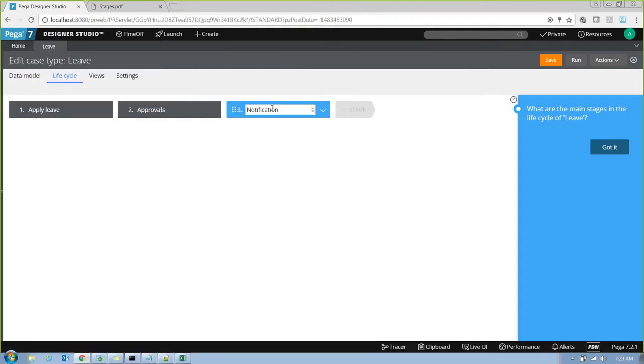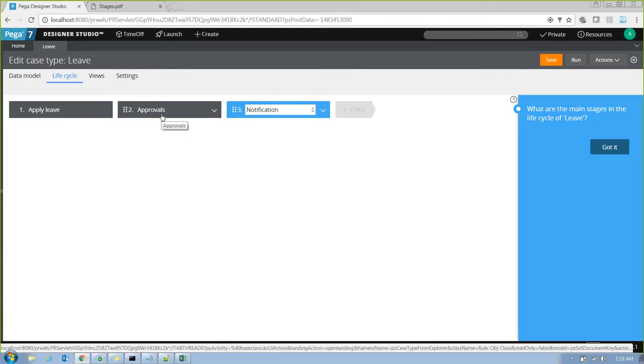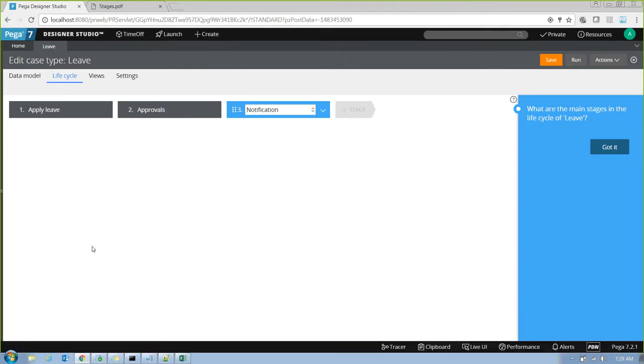Let's assume that there's a different path sometimes. If the approval is successful, you'll go to notification. What if the approval is, let's say, the user rejected it. Okay? Maybe you want to go for a separate stage. Because when he rejected it, I want to take a different flow. I don't want to take this. Okay? So you can have alternate stages. Alternate stage is a stage which is not the happy path. Means it is not the actual path that executes all the time. So in rare scenarios, like whenever the leave is rejected or something like that, you go to the alternate stages. Okay? So it's an alternative path, not a sequence path.